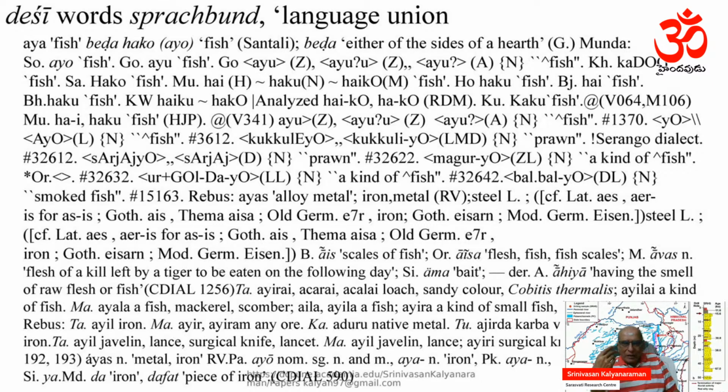So now you can summarize how this frog-bound operated. For example, IO is fish in Mundarika languages. We have given the complete lexical repertoire of IO. Isn't it amazing? And this similar sounding word, IS, alloy metal, becomes in European, Latin IS, Gothic ice, Old German air, like Airi. So Airi, IS, Aira, a kind of small fish. Ail, javelin, lance, in Malayalam. So metal object, iron work, iron,